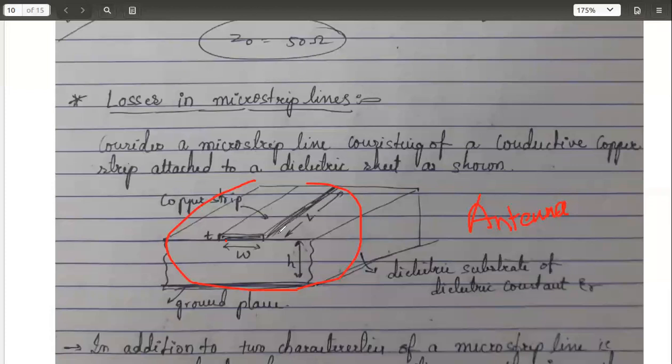In today's session, we will be looking into each of these losses in detail. Coming to the basic structure, we have seen this. We have a microstrip line here. It has a strip with its own dimensions: a width, a thickness, and a length. Then it is mounted on the substrate, and this substrate has its own dielectric constant epsilon R, and this is the height, or you can also say thickness. This is the height of the substrate.